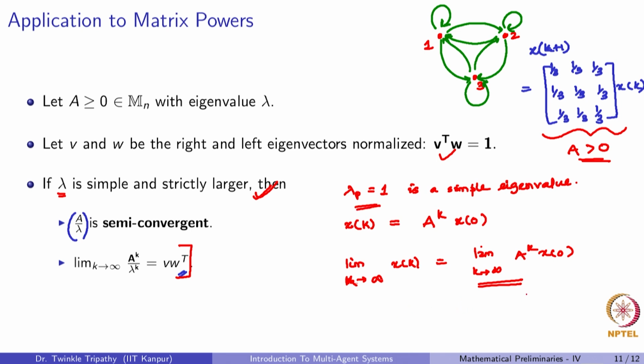Then A raised to the power k will actually converge to, let's write Vp, meaning the eigenvector associated with the Perron root or Perron eigenvalue, which is dominant. So it is simply equal to Vp Wp transpose. And if we go ahead and do the calculations, for this particular case, we can choose Vp as being equal to 1n and Wp as being equal to 1 by n times 1n.